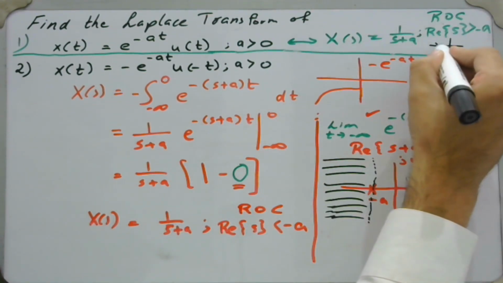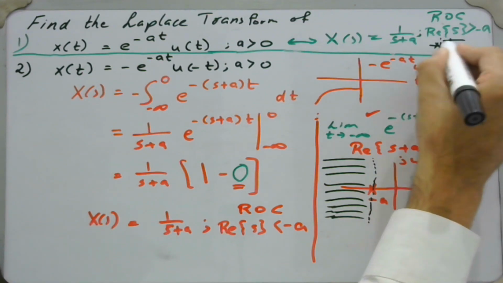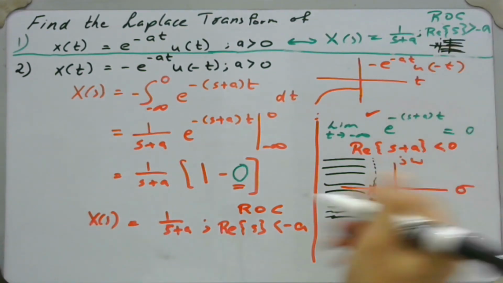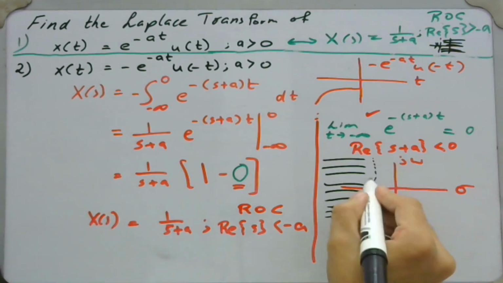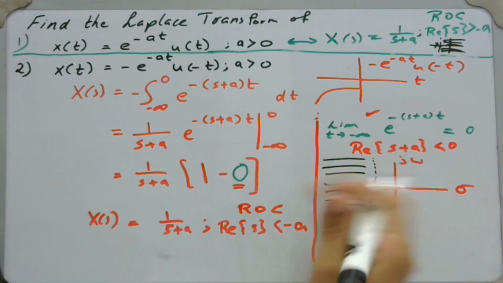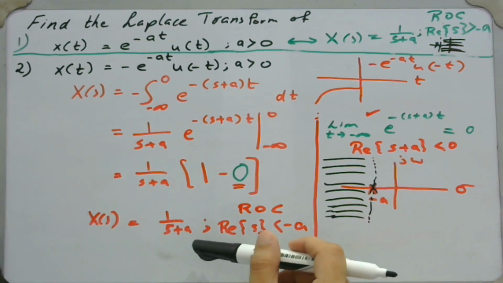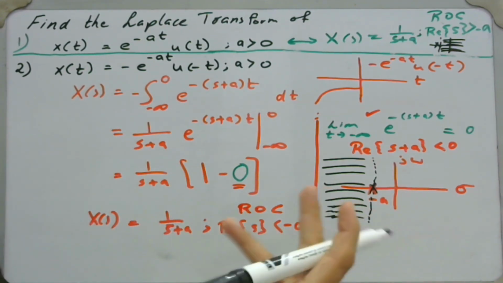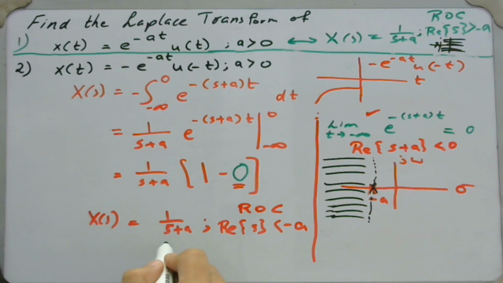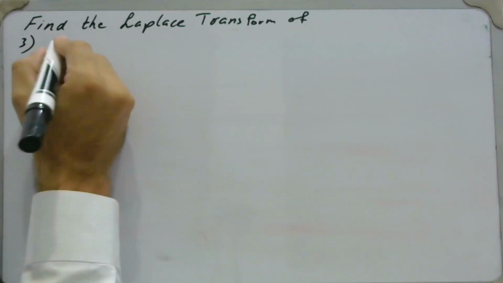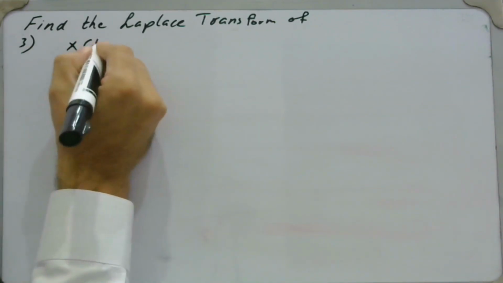Previously, this was the pole and this was the region of convergence. But right now, in the second case, for this pole, the region of convergence is towards the left side of the pole. So in the s domain, you need both the ROC and the algebraic expression to understand a given signal or a system fully. So next we have x of t equal to